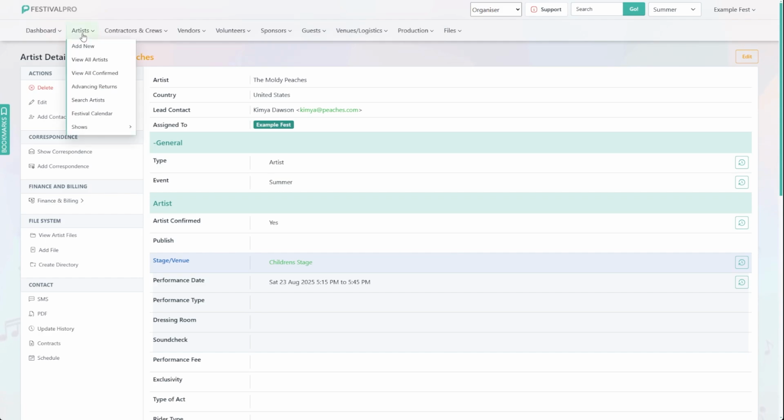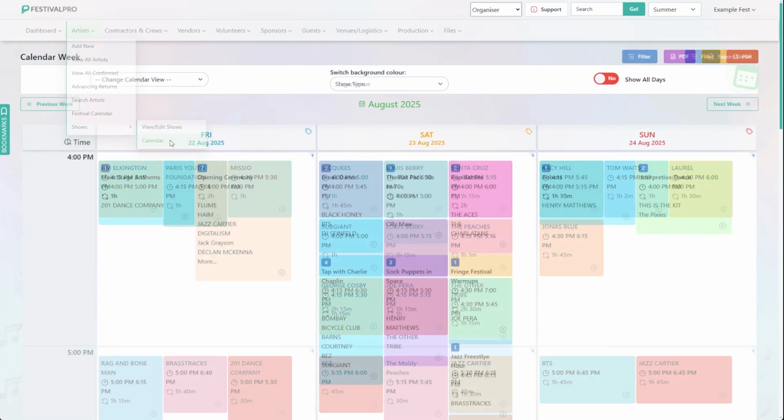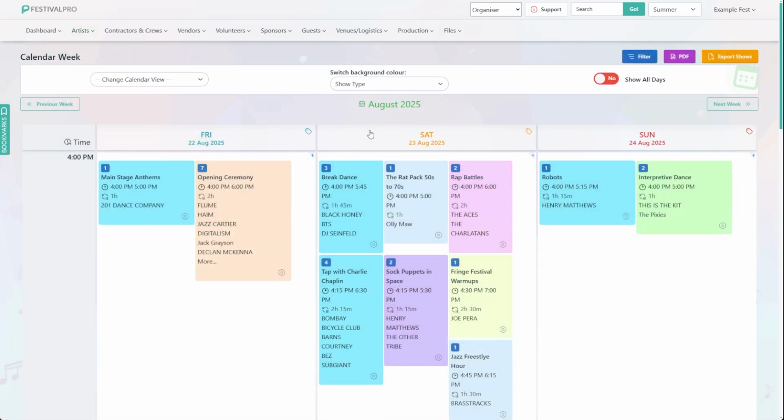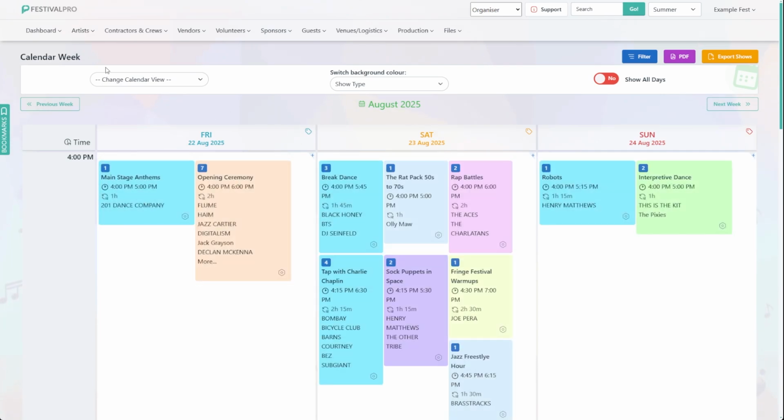The other way to schedule artists or performers would be on the show's calendar. Go to Artists, Shows and Calendar. We get instead our show calendar, and again we start with weekly view. You click on a day to drill into the day view, and the difference between the shows calendar and the